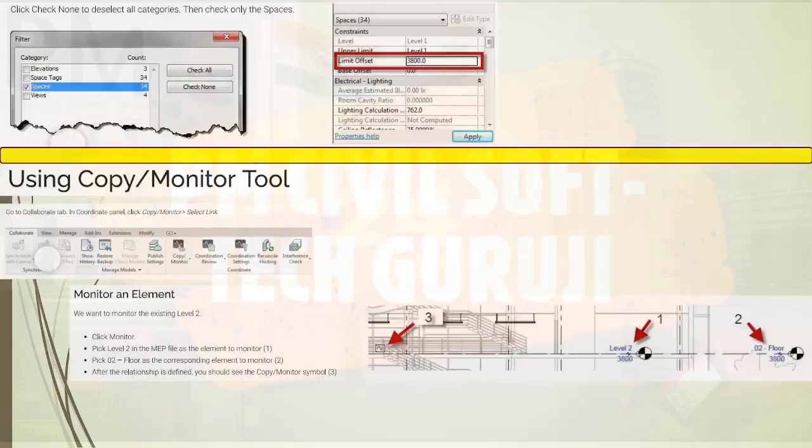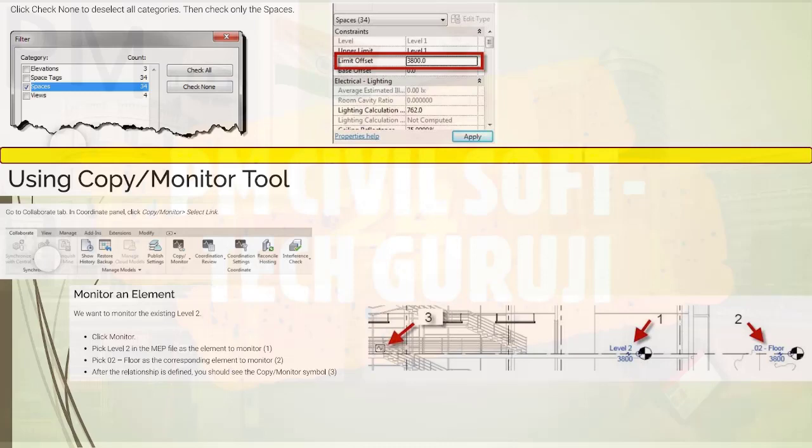Now using the Copy/Monitor tool. Design changes are inevitable. The architecture design can change many times during the design process. When it happens, we want to be aware and review if it will affect our design.